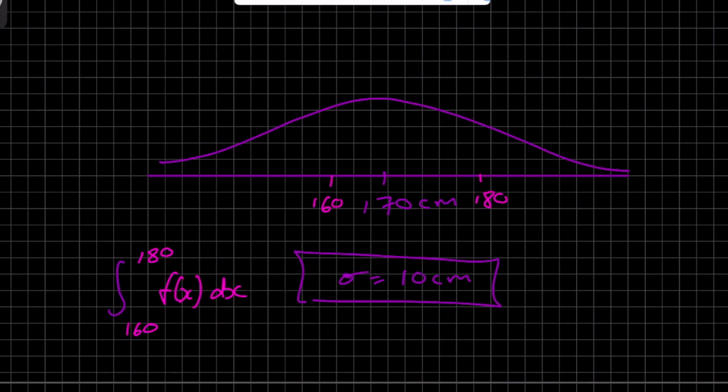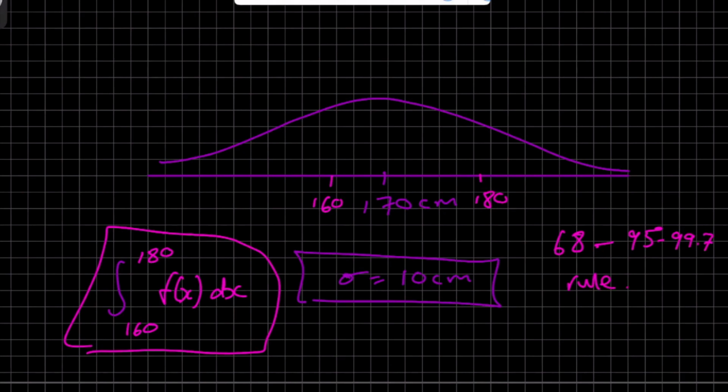However, we have certain rules that help us skip this step. This rule is known as our 68, 95, 99.7 rule. What this means is that if we are measuring the probability of something falling within one standard deviation of the mean, so over here, this is one standard deviation of the mean on either side because it's plus or minus 10, right? So 170 minus 10 would be 160, 170 plus 10 would be 180. So if something falls between 160 and 180, so within one standard deviation of the mean, its probability will always equal 68%